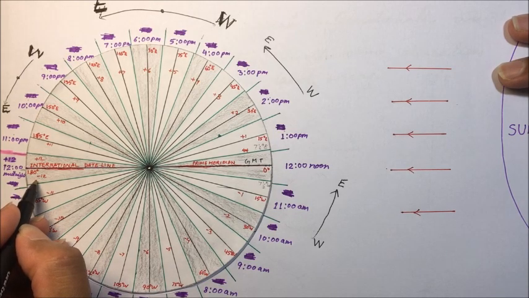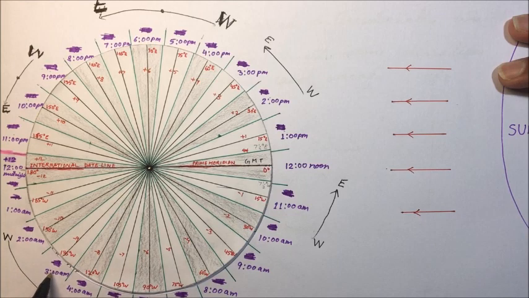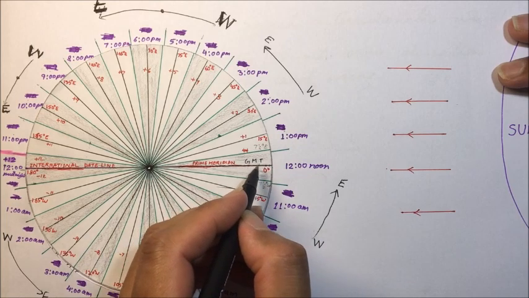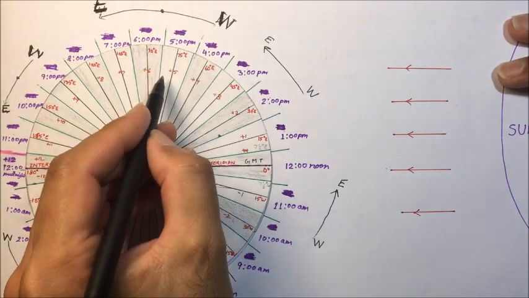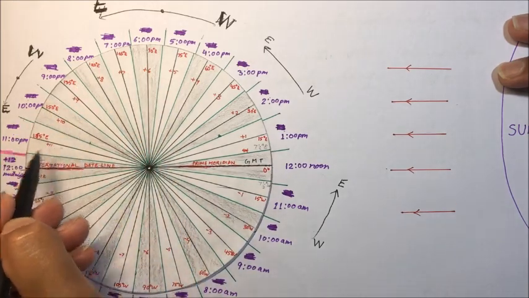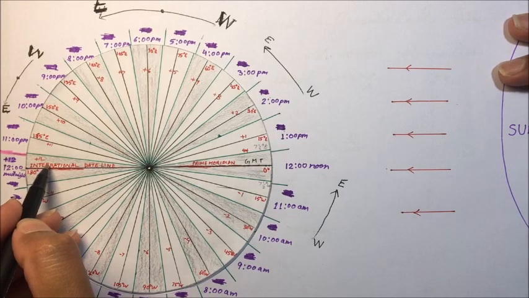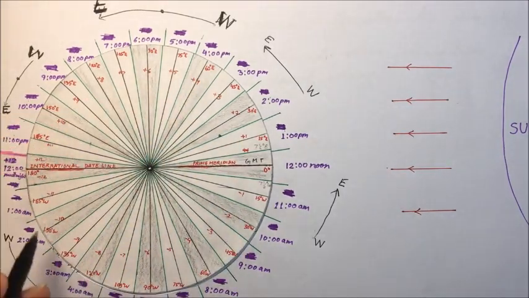Here 12 am Monday. Here 1 am of Monday, here 2 am of Monday, 3 am of Monday, 4 am of Monday, 5 am of Monday. Similarly here 12 noon of Monday. And if you move this side, here will be 3 pm of Monday, 5 pm of Monday, 8 pm of Monday, 10 pm of Monday, 11 pm of Monday, 12 pm of Monday. That is, this side Monday is about to end, and this side Monday has just started.